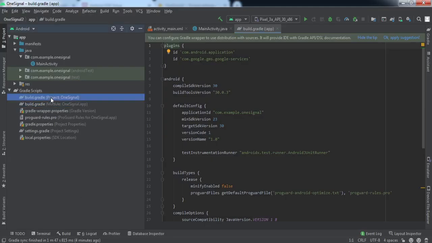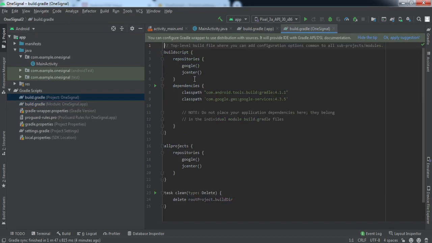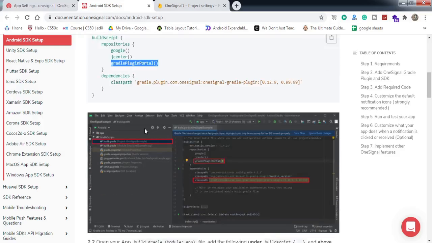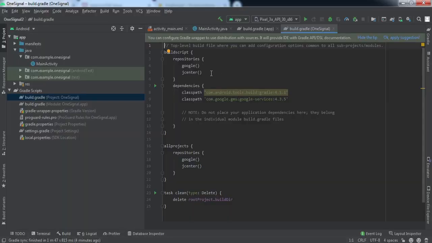Okay, we first go to this project level build.gradle, not the app level. Sorry for that. So first we go to build.gradle project level and add this Gradle plugin portal, right?